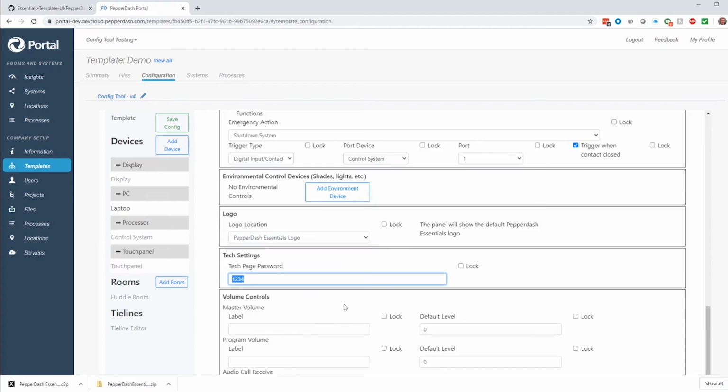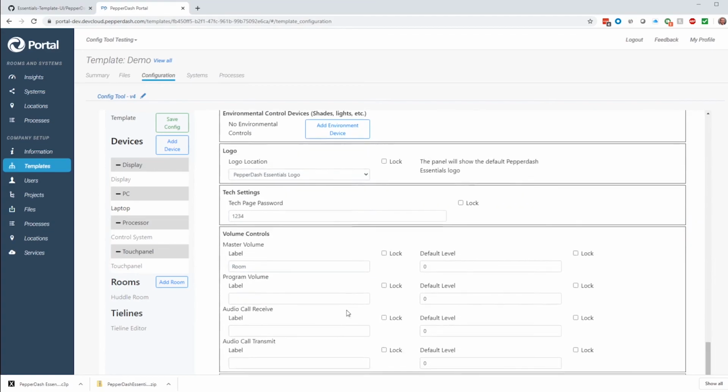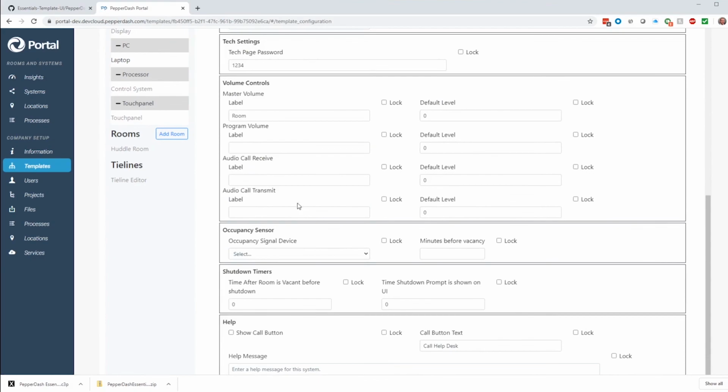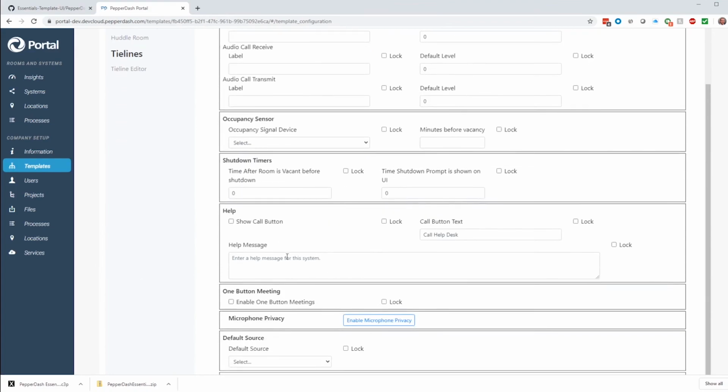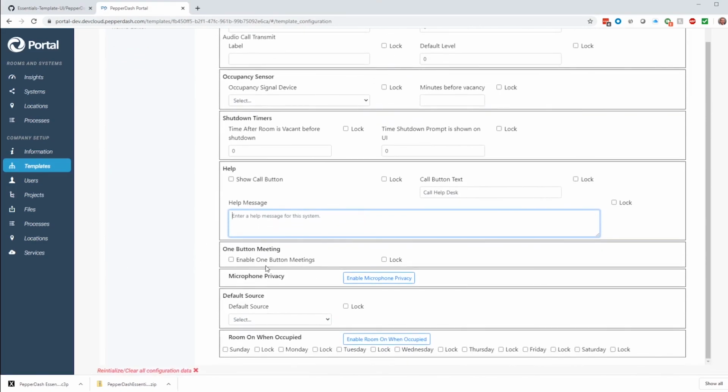You can set a password for the tech page, and you can do some things like I'm going to label this room for the main room volume. None of these other volumes apply in this system type. If we had an occupancy sensor added to this system, this is where we would select it and specify the number of minutes before vacancy when we should act on it. There's also some shutdown timers for occupancy, some help parameters in terms of what the help call button text should say and what the help message should say when the user clicks on the little help icon,